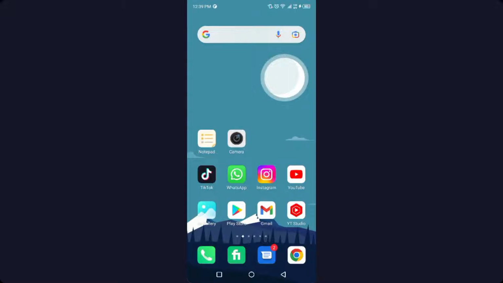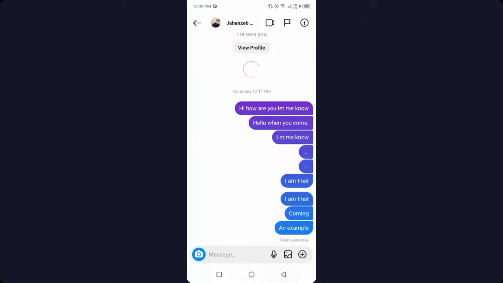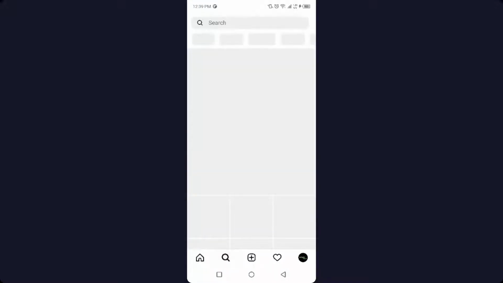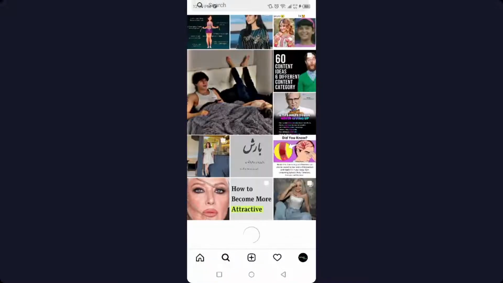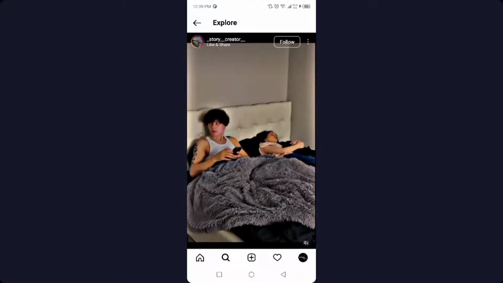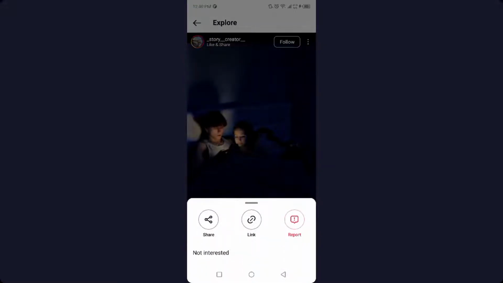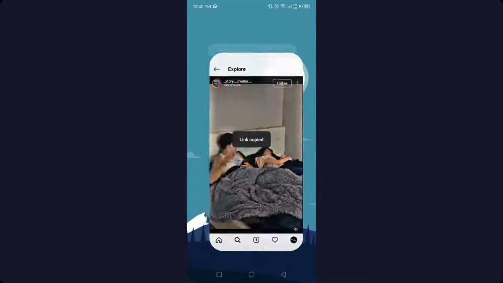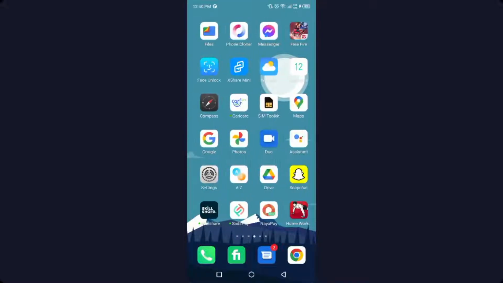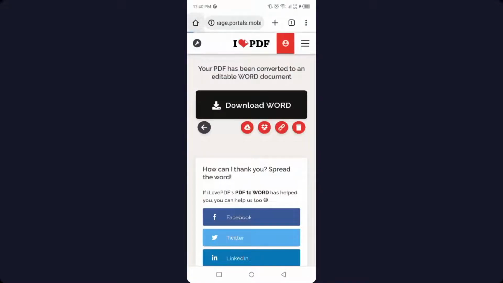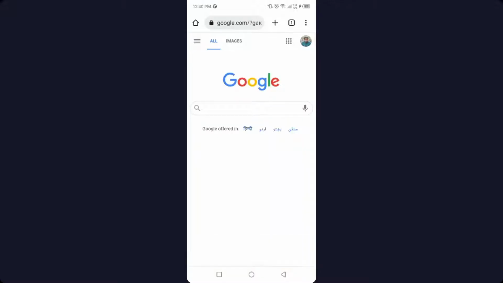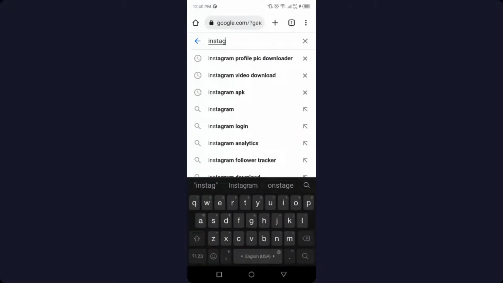So the first step you need to do is to open Instagram, and once you open Instagram you simply need to select any video from here. So let me select this video, click on three dots, and then you need to click on copy link of that video. Once you done that, you simply need to open any browser and search in browser Instagram